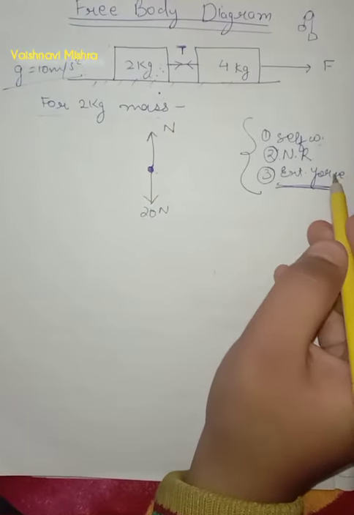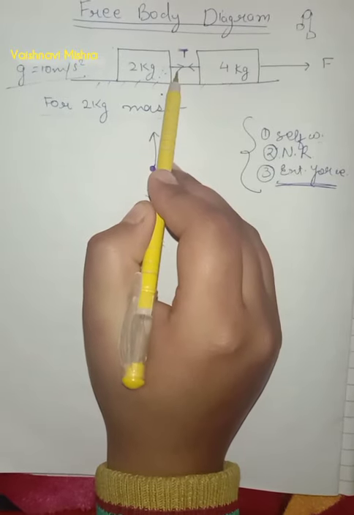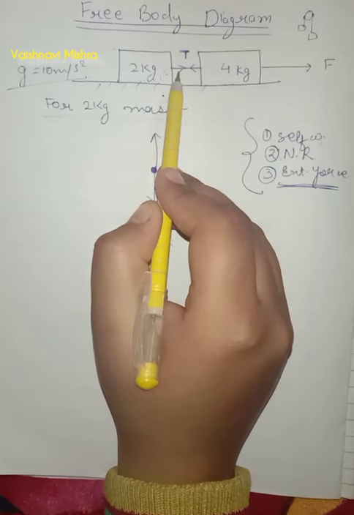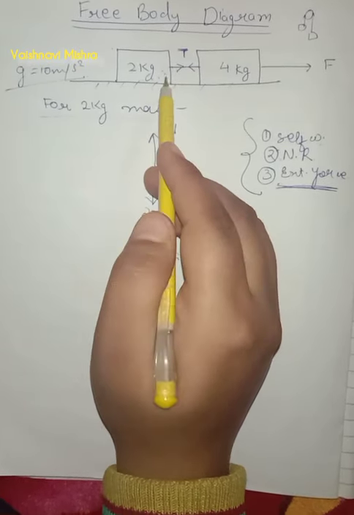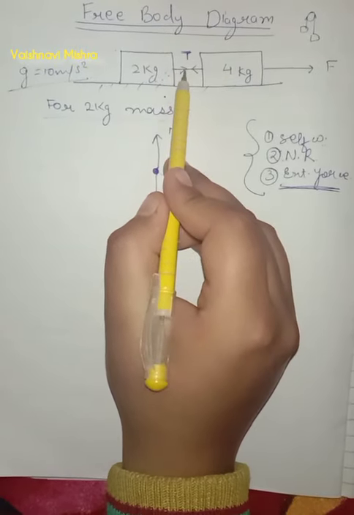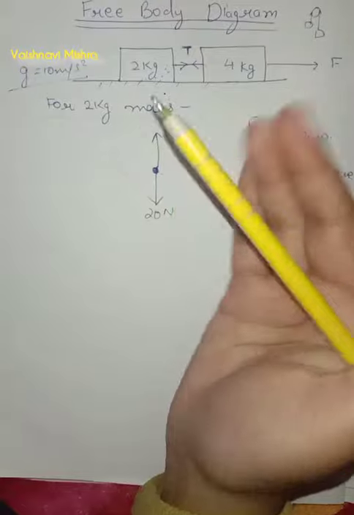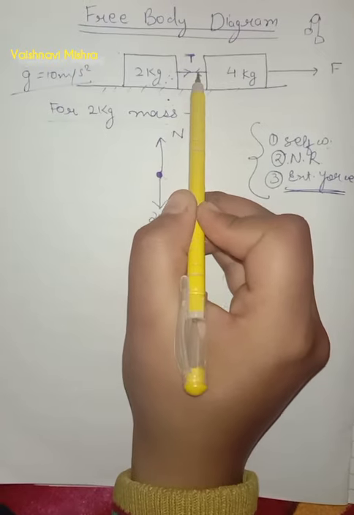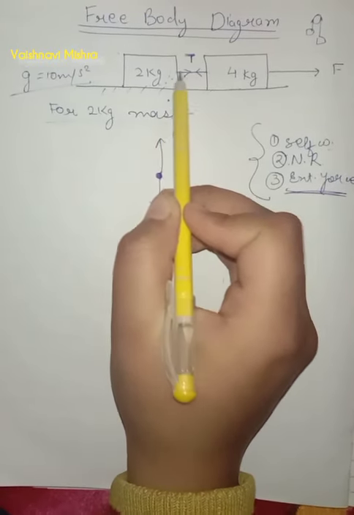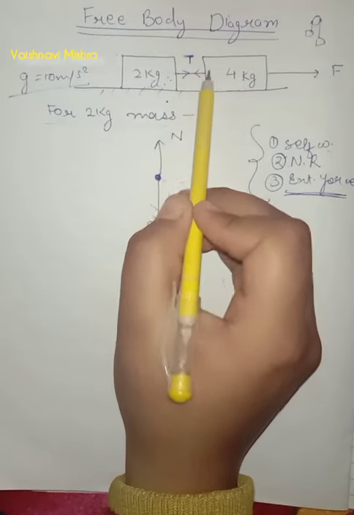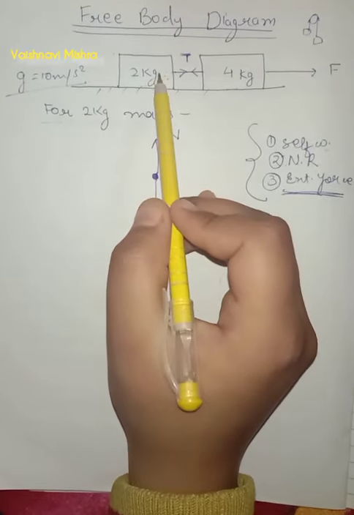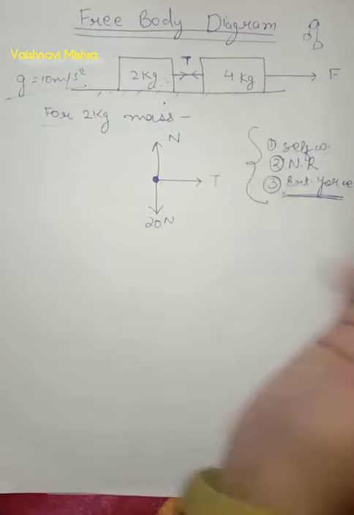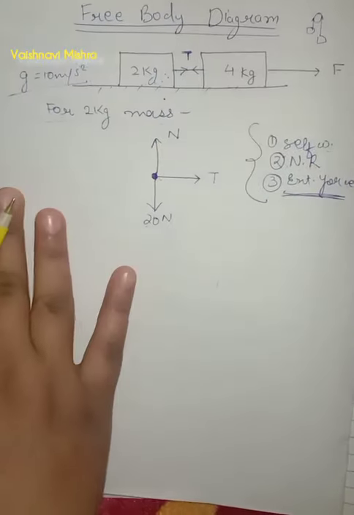This is the self weight, and this is the normal reaction. Now what are the external forces? You can see the tension in the string is always present. String, wire and all other flexible objects possess a force called tension. Tension always acts opposite to the face of the object or the body. See, this is the face of this body, so tension acts opposite to it. This is the direction of tension T. You have to show tension like this always. So this is the free body diagram of this body.